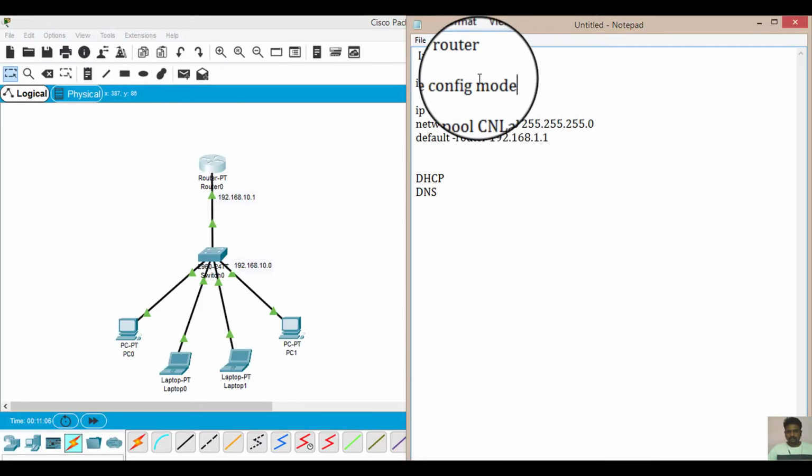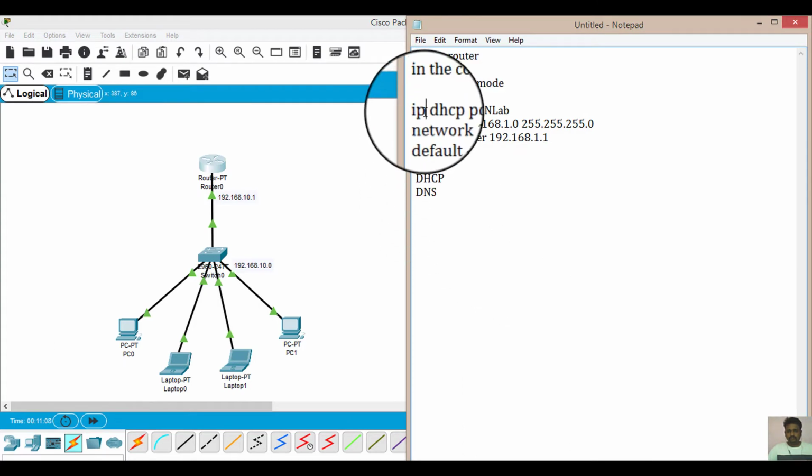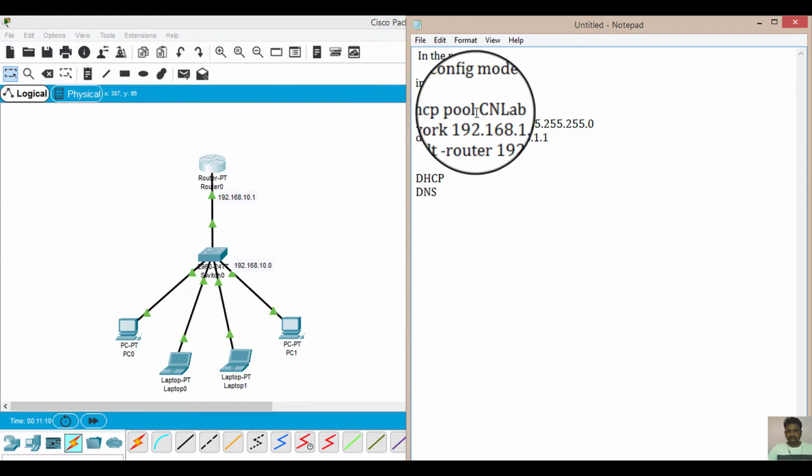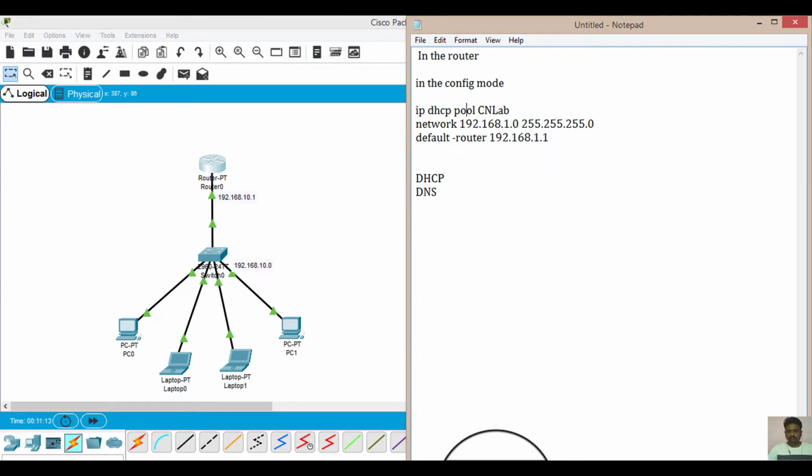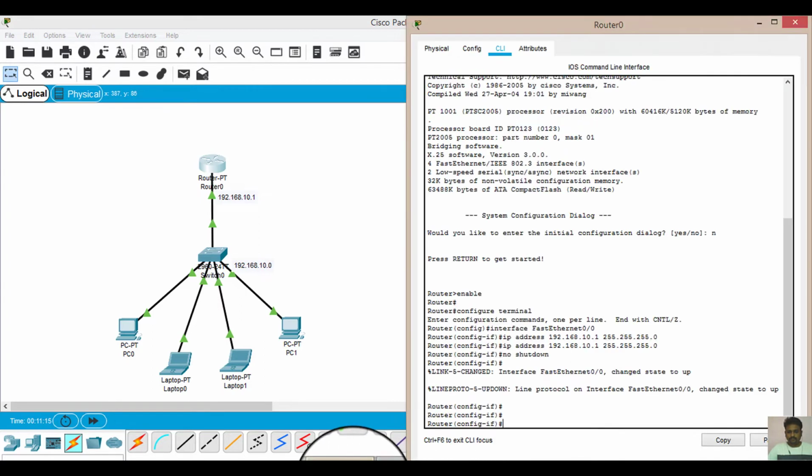In the config mode of the router, we have to type ip dhcp pool and then some pool name. So let's do it. First is ip, then dhcp, then pool. You can see we have to write the pool and then the name.